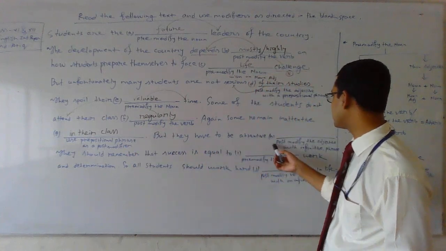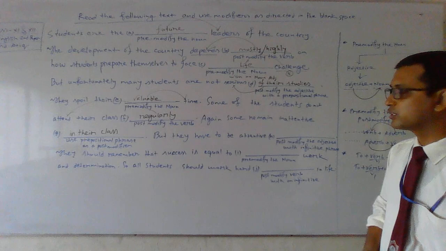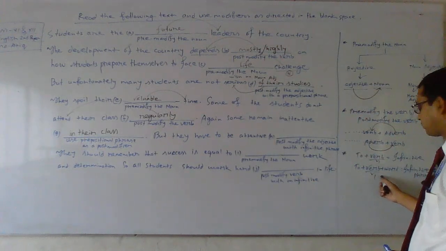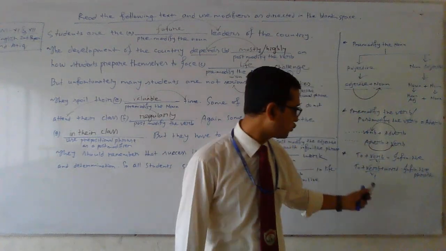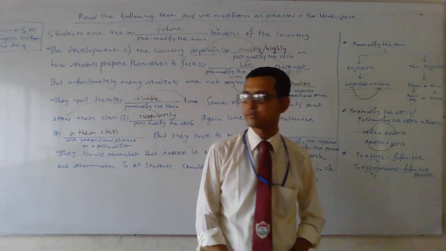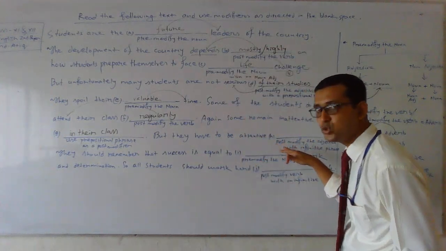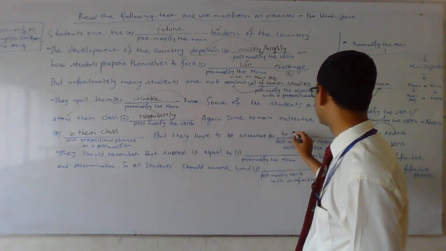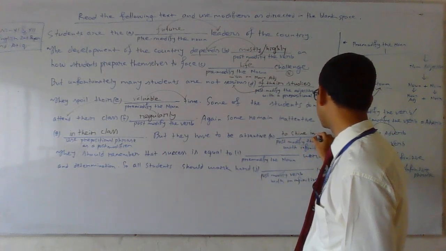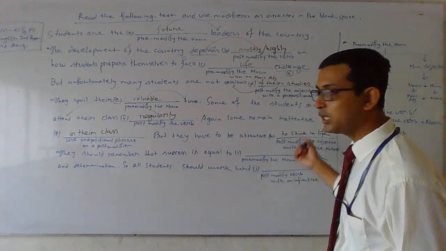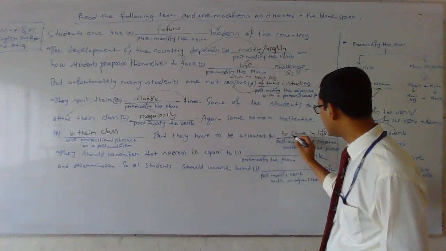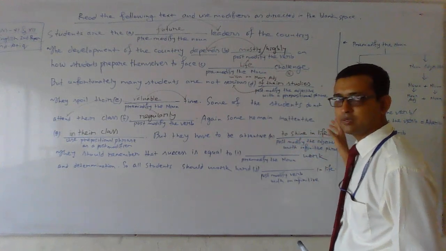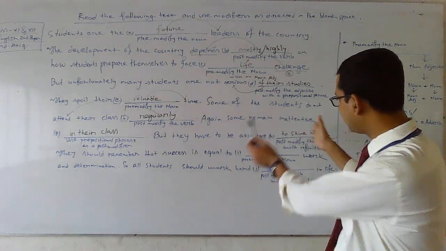But they have to be attentive. Post-modify the adjective with an infinitive phrase. They have to be attentive. Infinitive phrase is equal to what? To plus B1 plus what? Students, please. Here, to plus B1 plus what equals an infinitive phrase. You started to use an infinitive here: but they have to be attentive to shine in life. This is the infinitive phrase we have used here. To shine in life: to plus shine, verb, in life, other words. And this is the infinitive phrase.